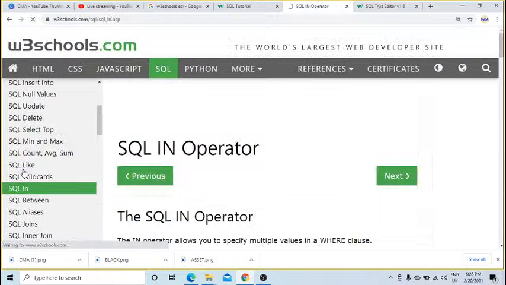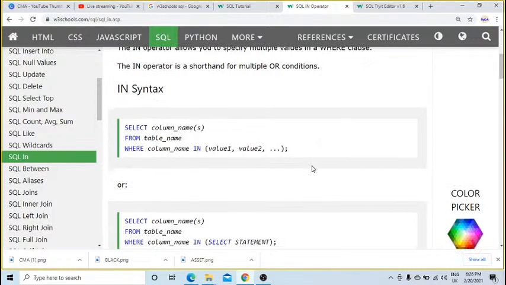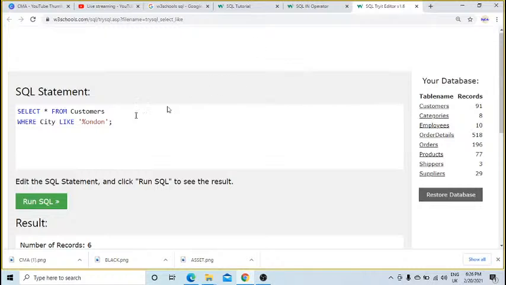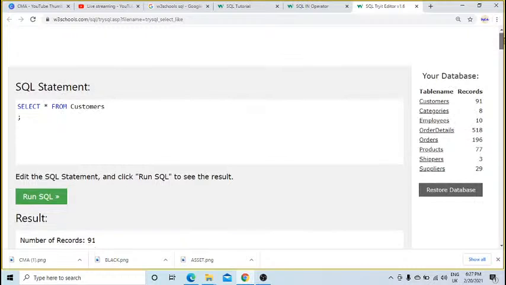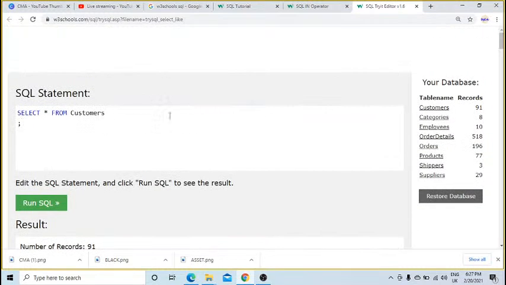And then we'll learn about IN. If you want multiple selections, then you use IN, and I'll give an example here. I want all customers who are in either UK or Germany. So let me first run the entire data set. SELECT star FROM customers. I have this column called country, right? So I will use the word country to select customers who are in the country